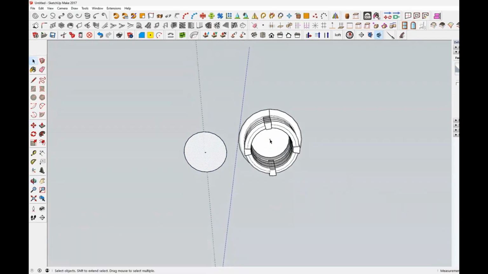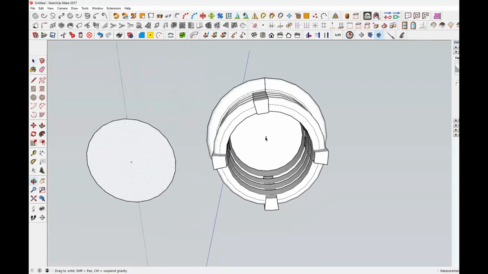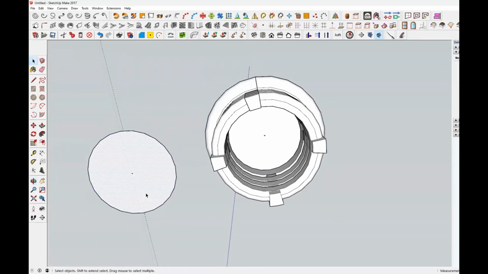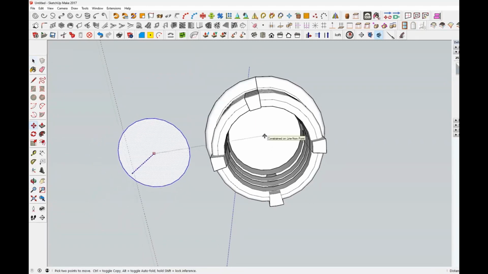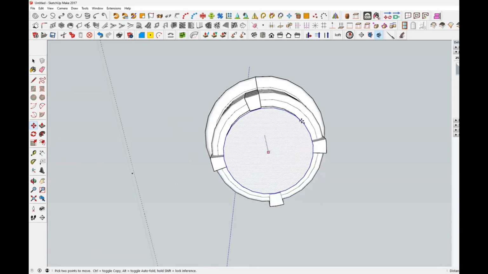We've already got a centre mark from the original drawing. So we triple click on, double click on this to highlight it all. Click on the centre, press the up arrow and find that centre there. Press the up arrow and then move tool on the blue, and it will bring it down, hopefully,